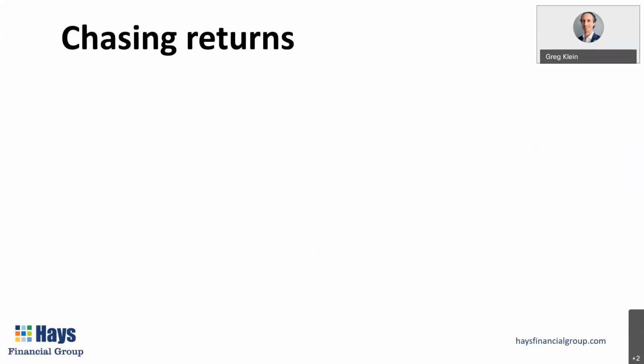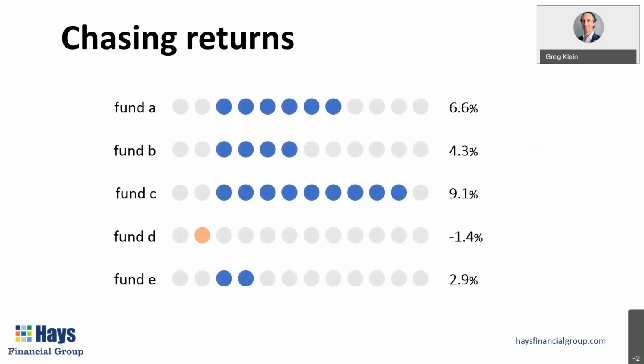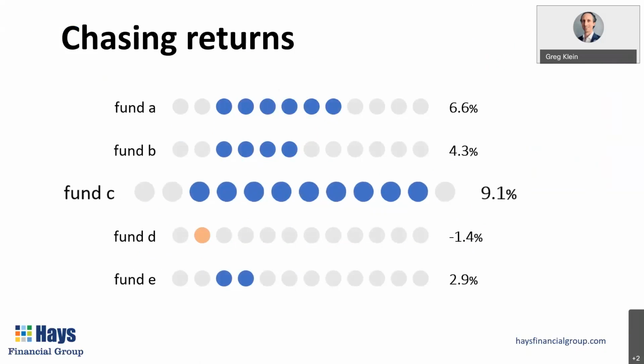The other pitfall that we want you to avoid is chasing returns. Don't just look at what's performing best and invest in the hot performer. It's understandable that you want to do that. Who can blame you for wanting to invest in the winner? Everybody wants to make money, everybody wants to invest in the winner, but a lot of people will look at performance of funds in their plan and see Fund C's done the best, that's where I'm going to put my money.